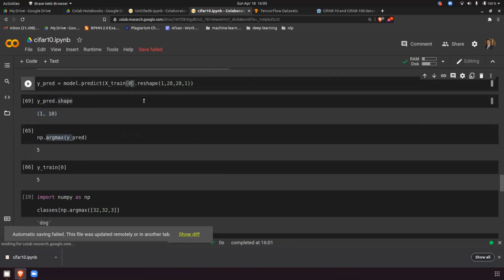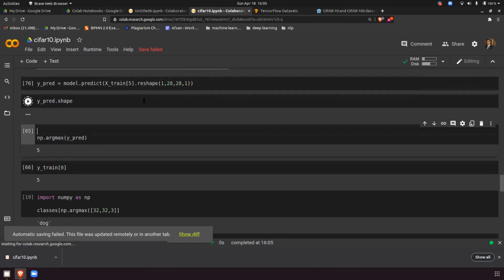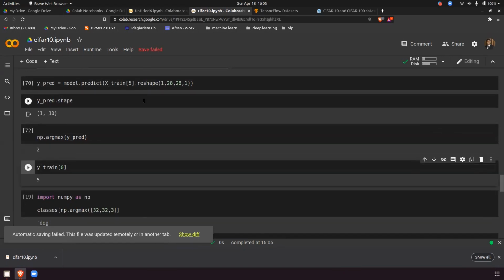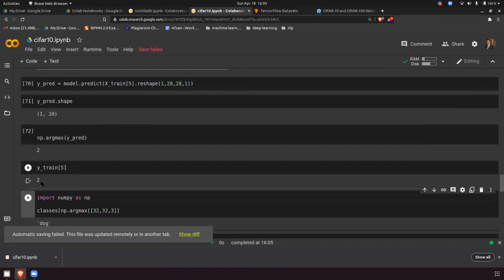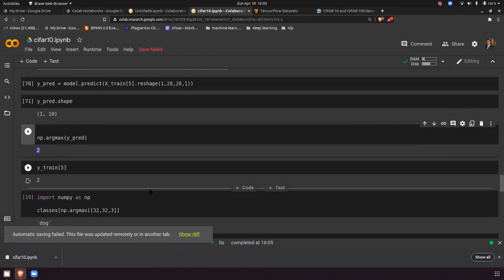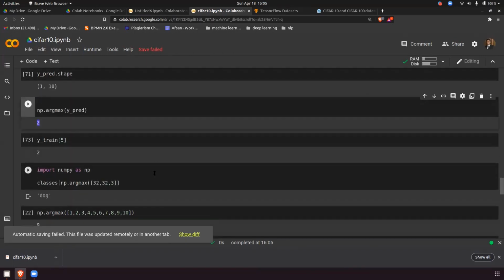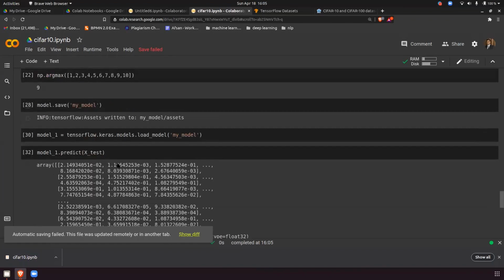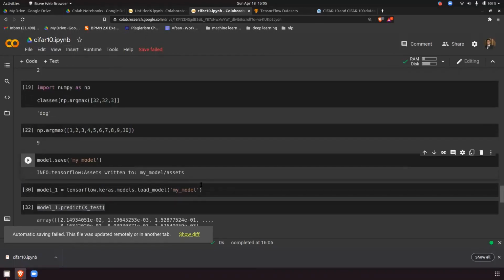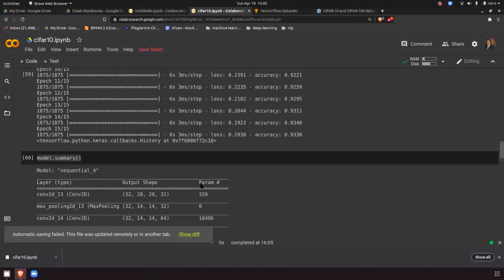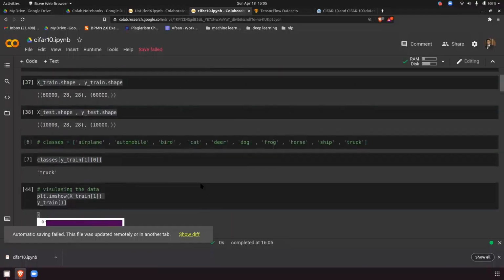If you want to test, just test here. Let's see the prediction of y. It is telling me the number was 2. Let's see the y_train also. So 5, and let's see. So it's 2. So my model is perfect. Then what's the next step? Just save the model and load the model for the prediction. The model will be saved here, and loaded. This is nothing but the MNIST dataset.